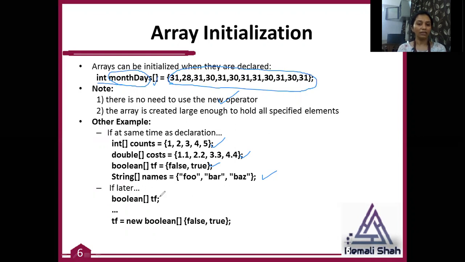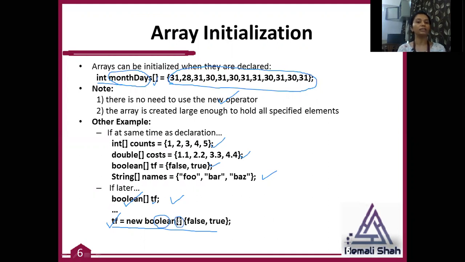If you have declared it and later on you want to initialize, at that time you have to refer to this syntax. That means this tf is a kind of boolean array and now you want to store and initialize elements of this tf boolean array. At that time you have to use the syntax variable name equals new, then the type of this variable is boolean, then use the bracket sign.